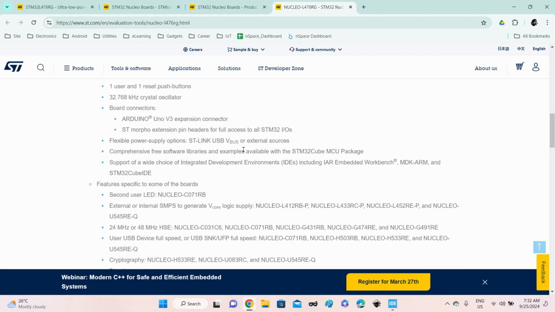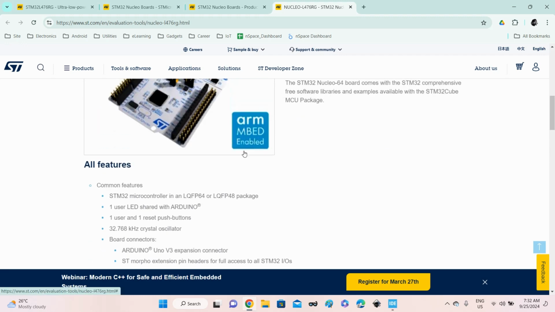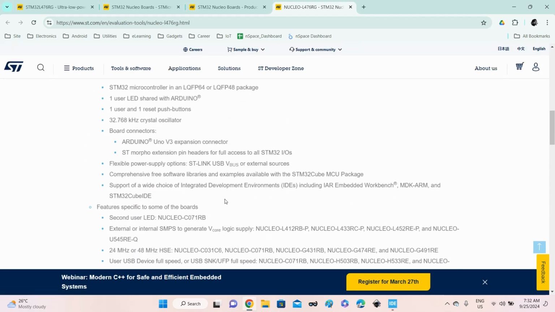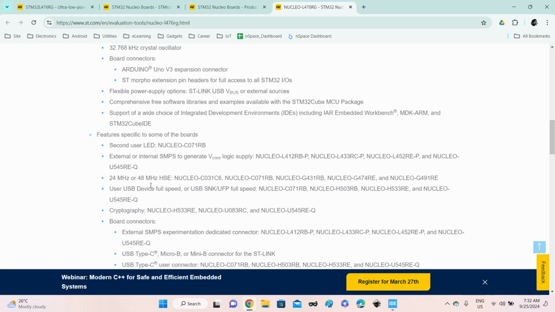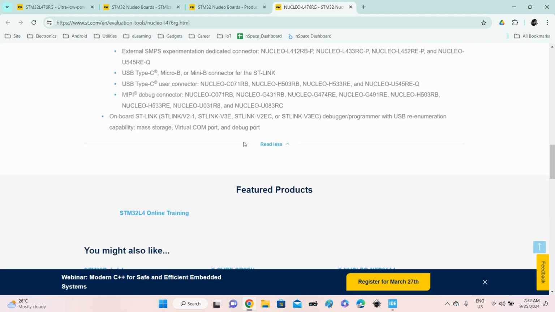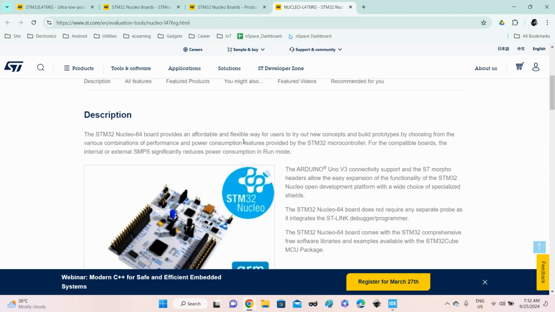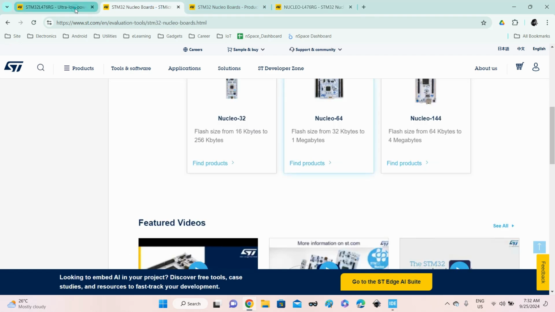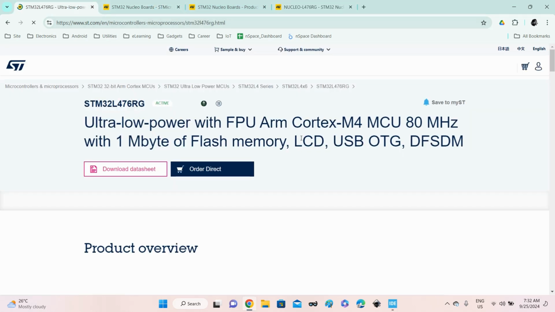Okay, so the important thing here is to look for the controller, whatever is there on this board, and what are the features on this board which we'll be exploring. Okay, anyways, this is the board detail, and